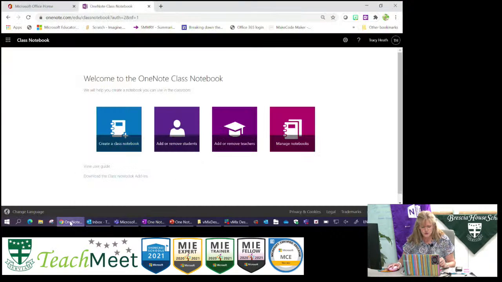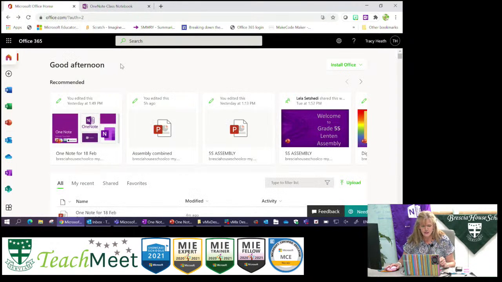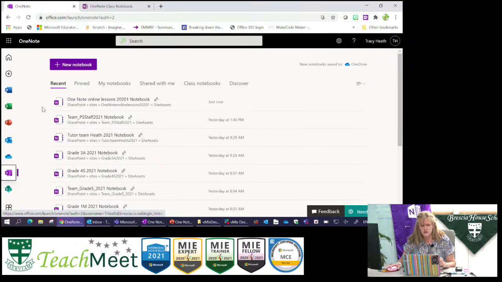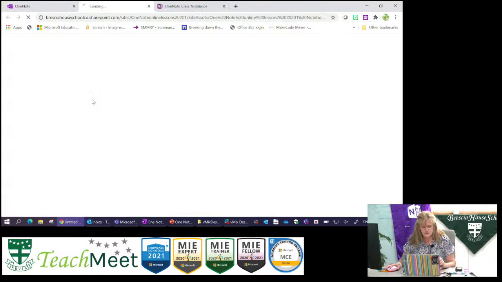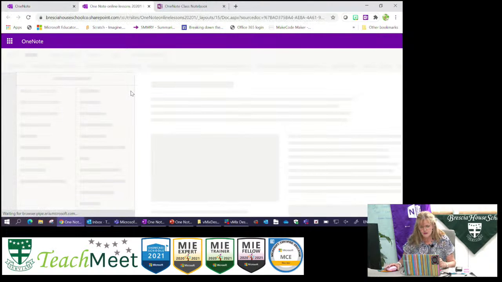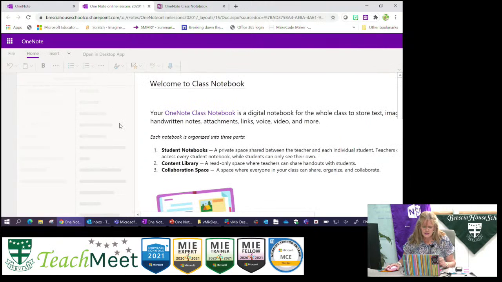If I go to the online platform, you can sign into the application in OneNote, and it will look slightly different. But in the end, essentially, it is exactly the same. If I click over here, you will see that I'm now in my Microsoft Office online account. If I go down and select OneNote, I get a very similar kind of look. OneNote is the purple icon, so it's very easy to remember. So here is the OneNote that I had open in the application. And when I open it, you will see that